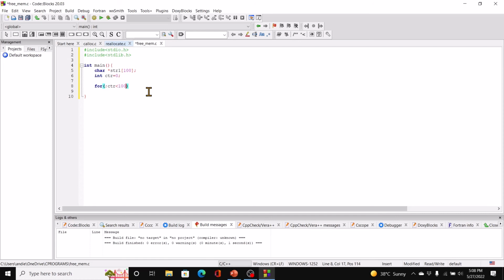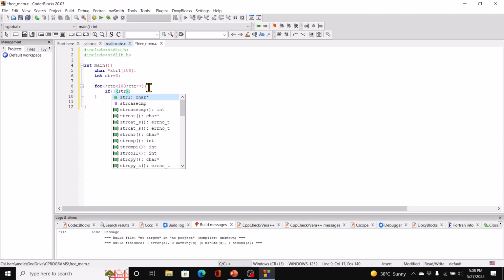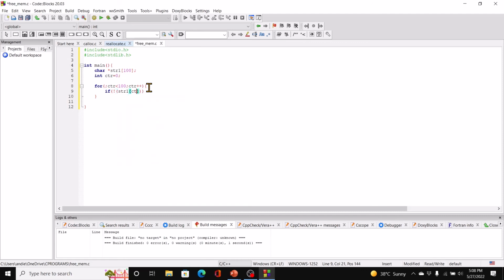Counter less than 100, counter plus plus. And within this, we will say if not str1[ctr] equal to malloc(128), then